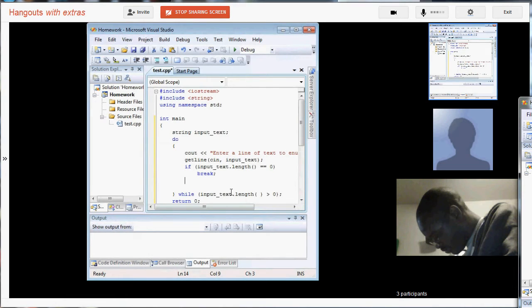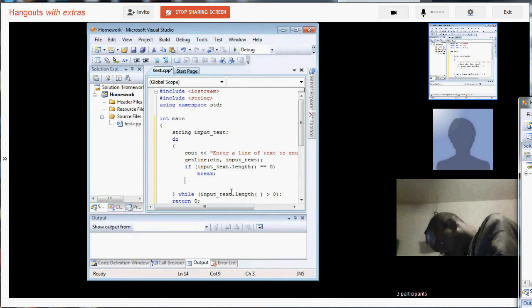Or actually find_first_of, which would return the index of the first instance in the string of any character in a second string. So if you had several pieces of punctuation, white space, comma, colon, semicolon, period, we could use that find_first_of function to find any of those, and then use that iteratively to find each